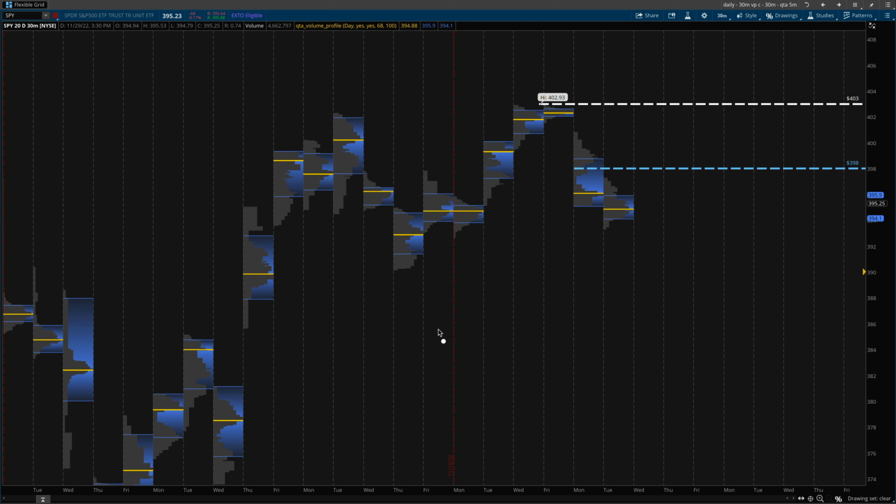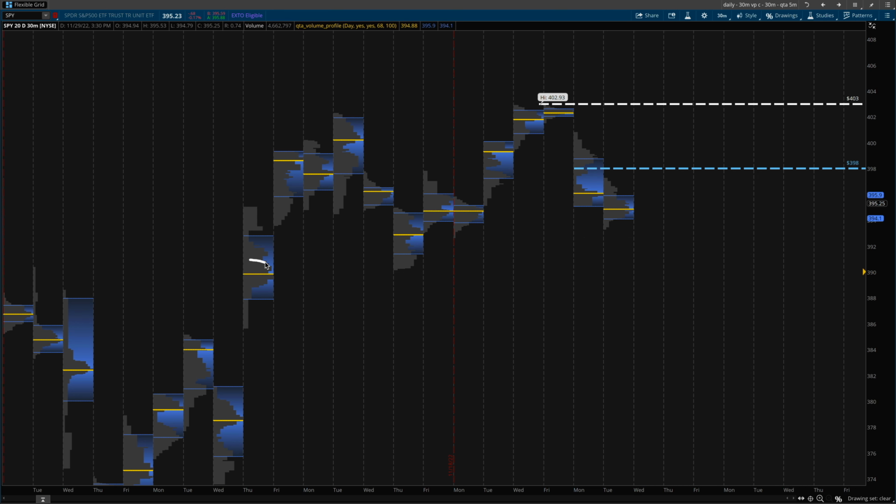But on that Zoom call, I broke down the thought process, and I have an entire playlist available on YouTube to check out, breaking down the steps in which you want to start. But right off the bat, I'm looking for the most recent VPOC to act as likely support, and you can see right here that coincides with this 390 level, and then a VPOC that coincides with likely the highest resistance. Then you always want the current day's VPOC on your chart,